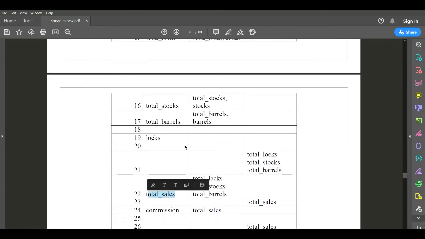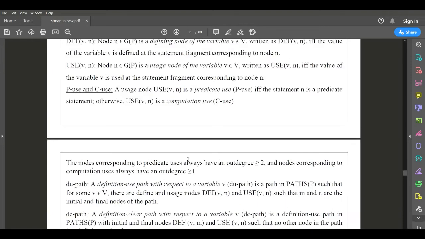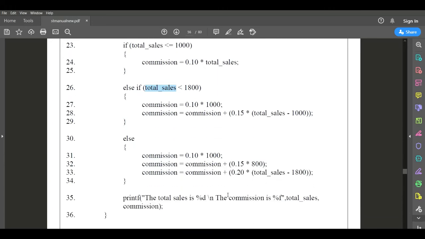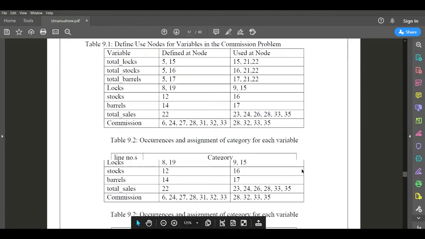Next, where are we using this total sale? It is still there. Is there anything else? Yes, it is there here also in a predicate usage. 26 is predicate usage and 28 is computation usage.